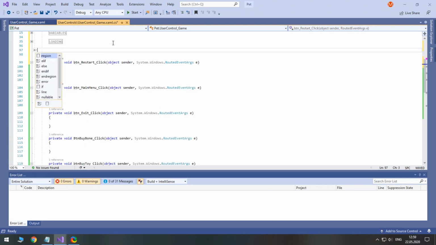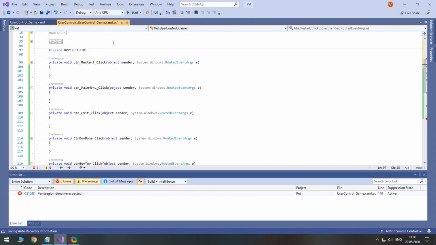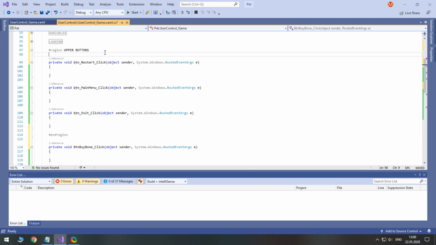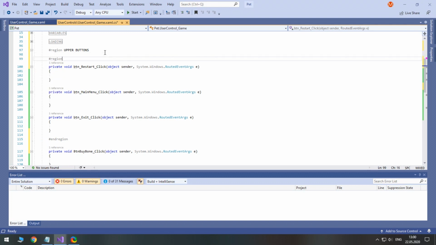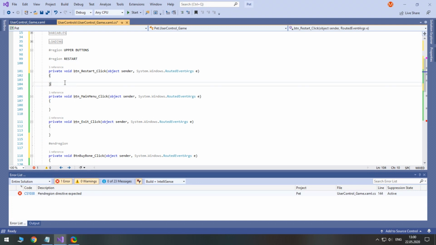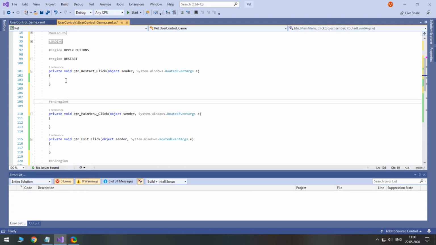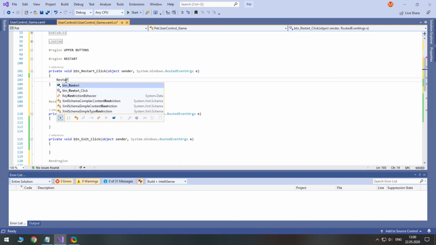Let's create a region for upper buttons in the toolbar. Again, make a subregion for restart. This should be identical to what we made in user control select pet.